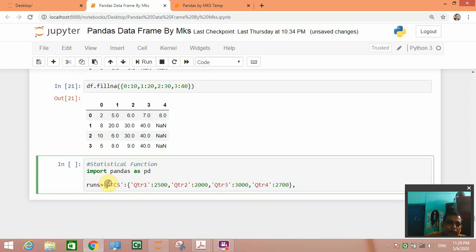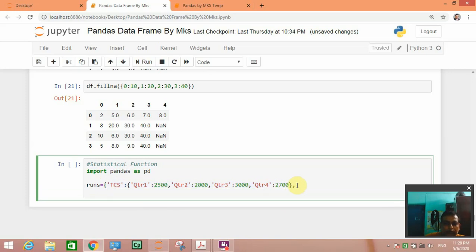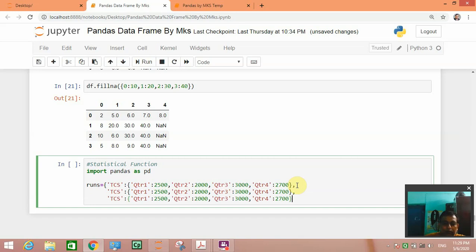Here is written TCS, we will copy it and paste, only 3 we will keep. Close this here.